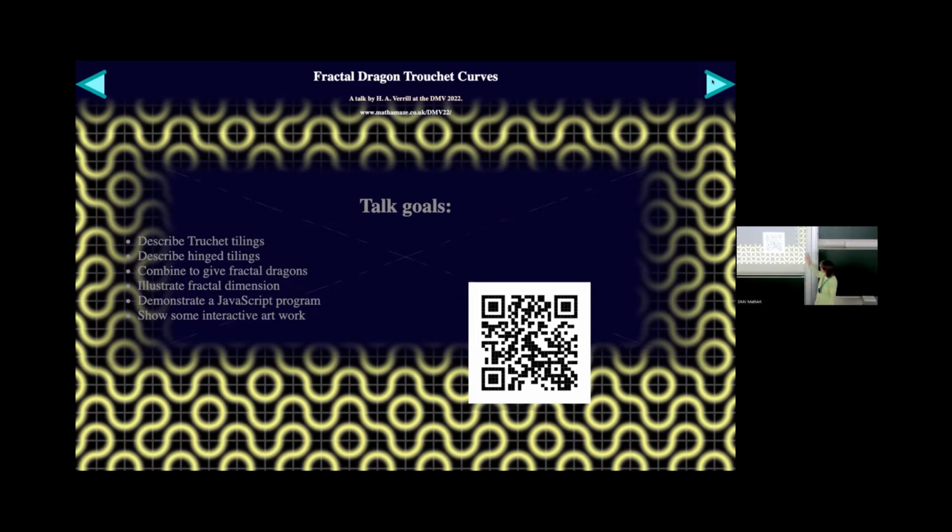By the way, the talk I'm giving here, this is the little QR code for the talk. So the talk is somewhat interactive. If you want to, you can go and look at the webpage now or afterwards. Some of the code is